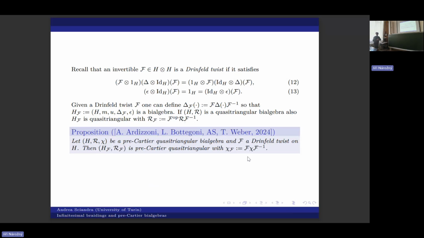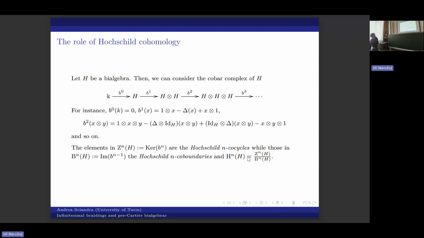So if we start with some pre-Cartier bialgebra, we can induce pre-Cartier structures using morphisms of bialgebras, using tensor products, or Drinfeld twists, and so we are able to produce new examples of pre-Cartier bialgebras. Now we can go to one of the main results